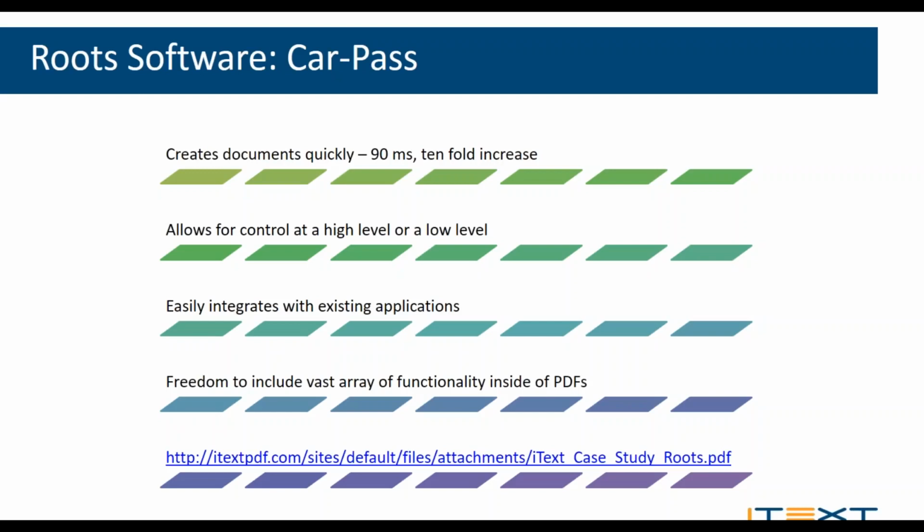They also wanted to make sure that the certificates that they created for their customers were controlled at a high level and a low level. So they wanted to be able to make sure that they had templates of different kinds for different customers, and they also wanted to be able to tweak little things for individual customers. So they were able to create the templates that they wanted for general customers with the high-level API, and when they had something very specific that they wanted to change, they were able to use the low-level API to do